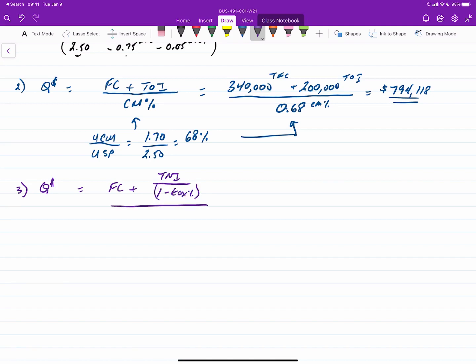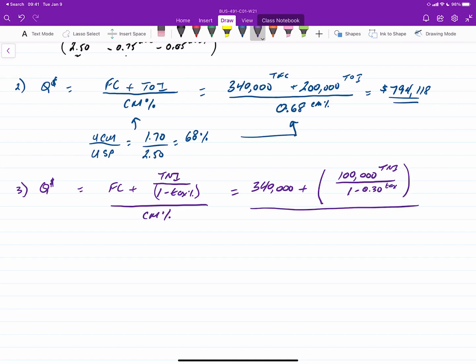And we're going to divide that by the same contribution margin percentage because we're still looking at the revenue required. We know from the work we've done already that our fixed costs are $340,000, but now on our numerator we want $100,000 in target net income, and I'm going to divide by 1 minus 0.30, which is the tax rate, and we're going to divide all of that by the contribution margin percentage of 0.68. This then changes our numerator to 340,000 total fixed costs plus